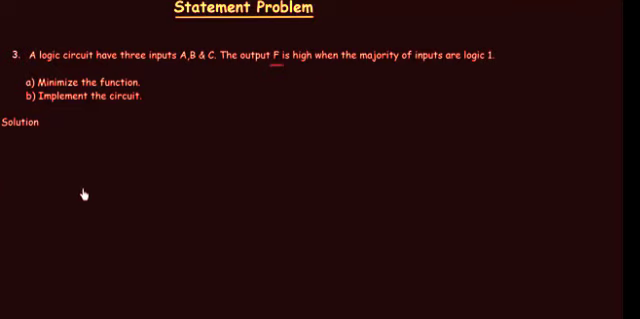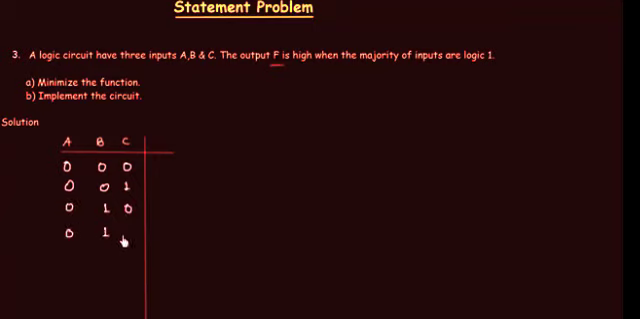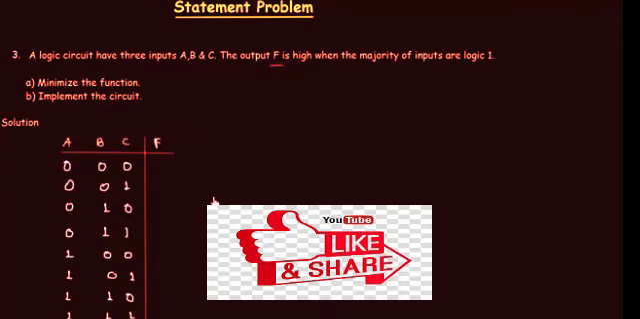We have to make the truth table first. We have three inputs, so we will have 8 possible combinations. A, B, C are the three inputs and the 8 possible combinations are 0 0 0, 0 0 1, 0 1 0, 0 1 1, 1 0 0, 1 0 1, 1 1 0 and finally 1 1 1. So these are the 8 combinations, and we have to find out the function F, and we will use this